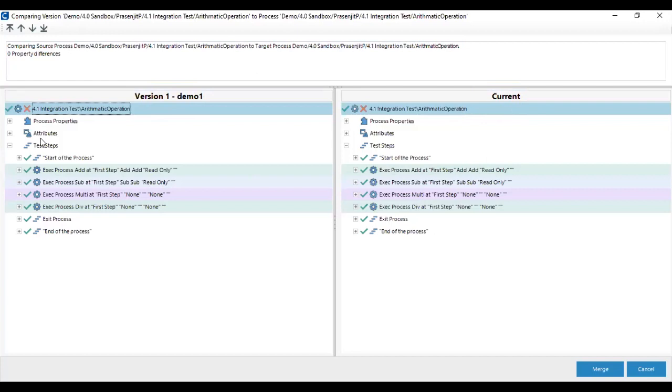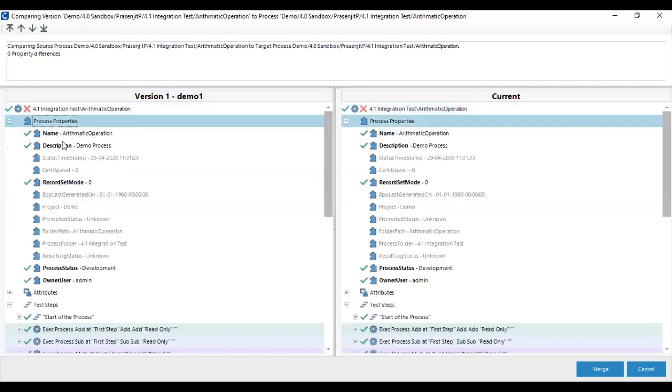So in the compare report, we can compare the process properties. In the process properties, you know, there is the process name, description, record set mode, process status, and project details. All of these come inside the process properties.